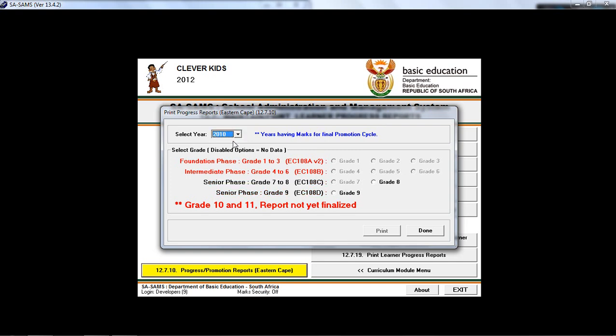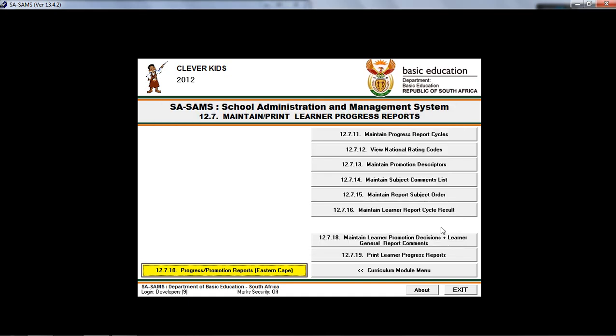They select the year, and then once they've been completed, the selected grades have been completed. For example, grades 1 to 7 do not have any data, so they are backed out. And over here you can select the specific grade, the senior phase grade 7 to 8, specifically grade 8, and then click on print to print that report out. Let's click on done. Let's go now to right at the top,